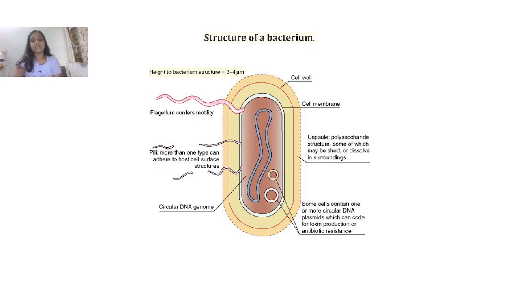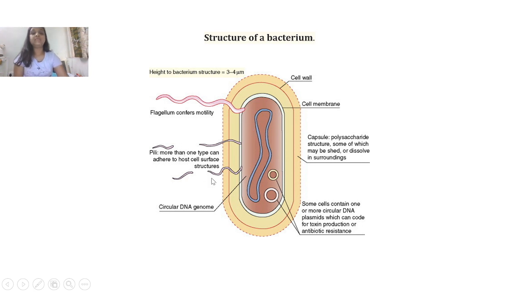There can be one or more circular DNA plasmids, and they can code for toxin production or for antibiotic resistance. As we all know, many bacteria have now grown resistant to antibiotics, so they encode some genes from within, which they have in their structure, and those genes give resistance to particular antibiotics. Here we can see this is a circular DNA genome,